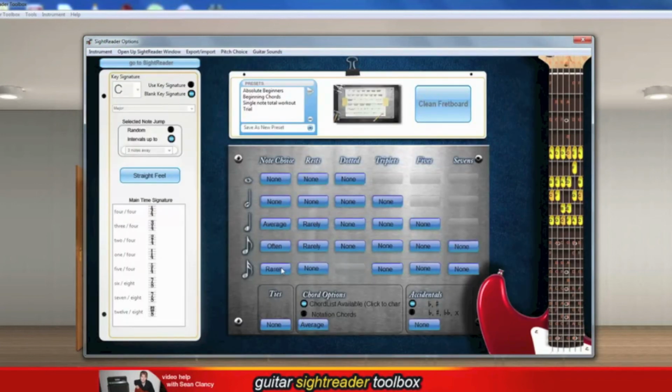So let's give you some really scary kind of things. Let's add some ties. We won't use chords right now. Let's give you some dots. Triplets. Maybe distinguish the 5 a little bit. Let's add some more. I think that will be quite sufficiently freaky enough. So let's go to SightReader